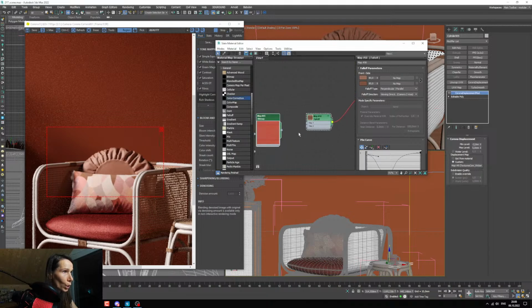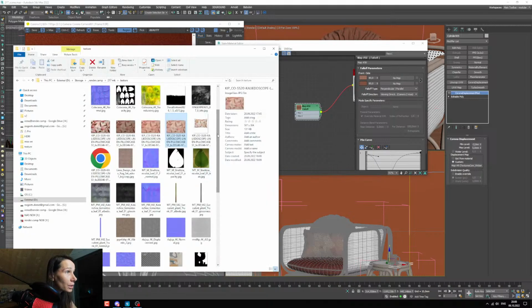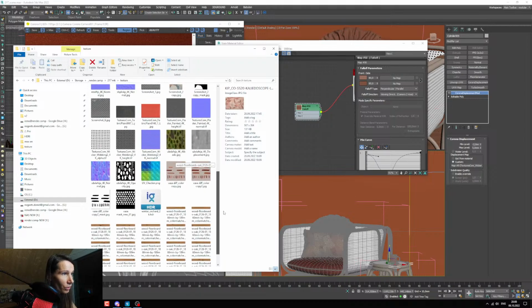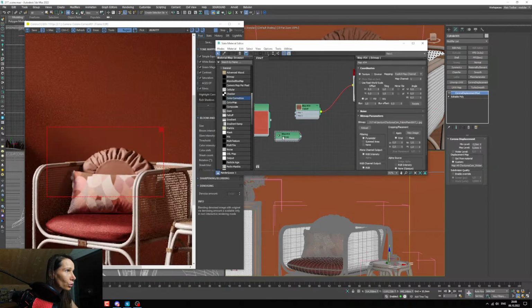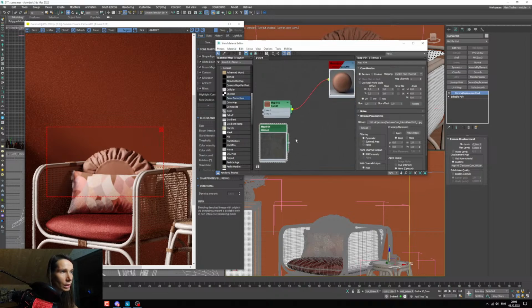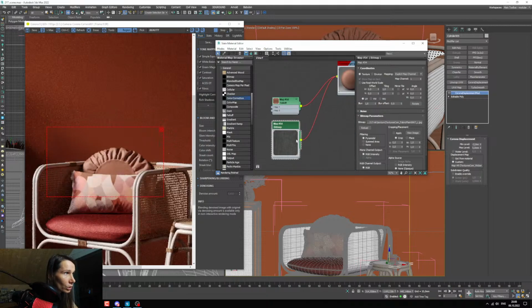What we can do, we can add some texture for the bump, for example, since we're not customizing violet materials, so we can use this texture. It's from texture.com, you can find it. I added it to the description, but I use it a lot in different workshops. I like the pattern of it, and just plug it into bump. We'll see how it looks